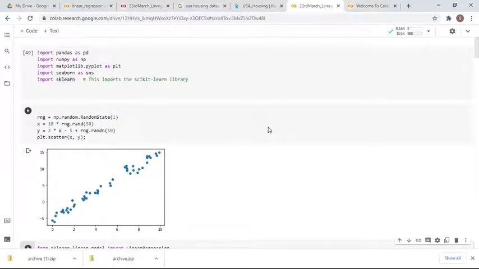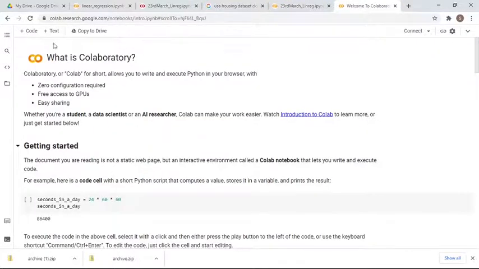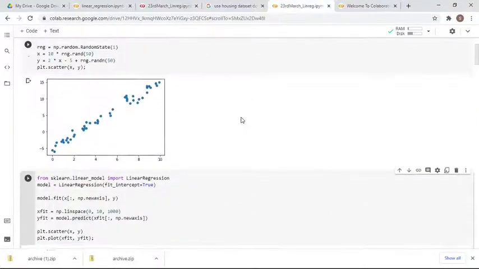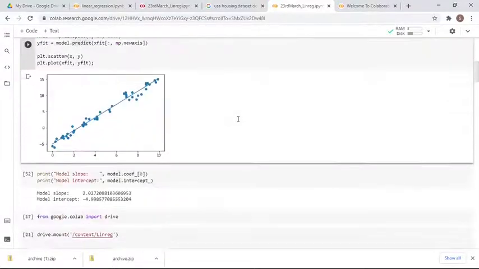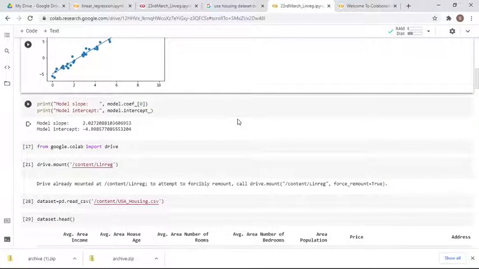On that drive you have to make available this dataset. So for that, I already have uploaded a dataset, but anyway I'll try to do it in a second. So here you can see, this is done.